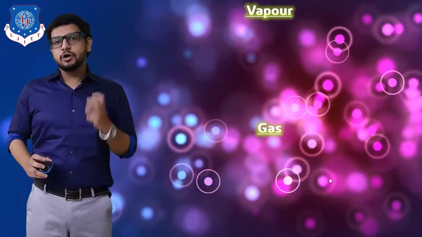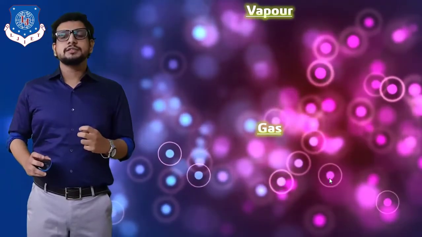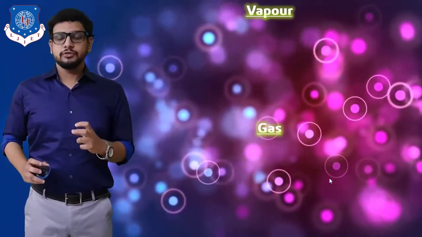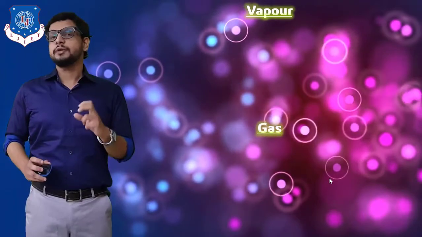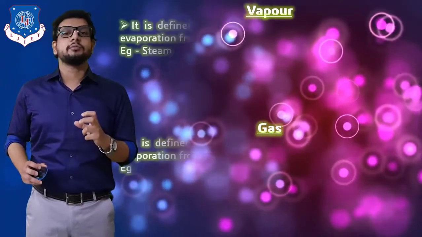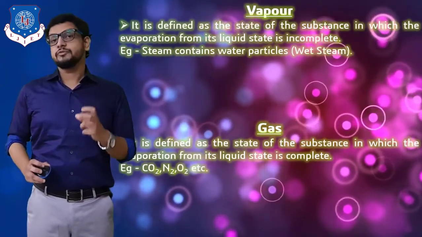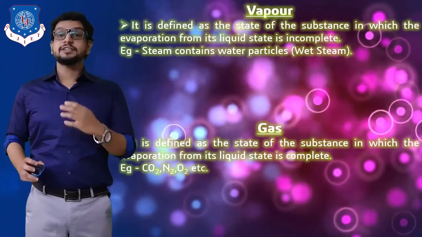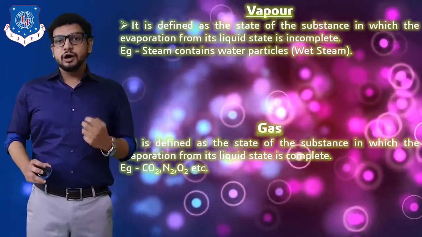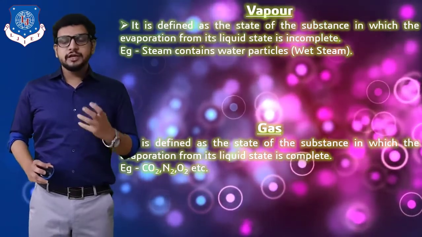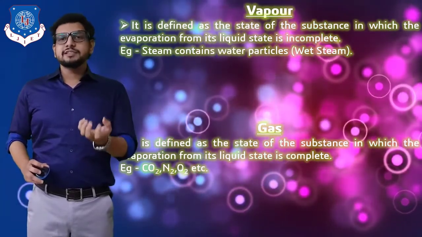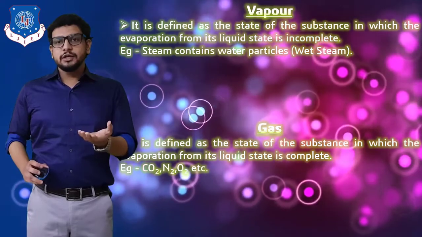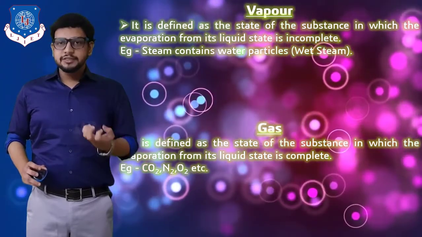So the first on-the-spot difference is that in case of water vapor, the evaporation from its liquid state is incomplete, whereas in case of gas, the evaporation of a gas from its liquid state is complete. So how can we understand this? We can take an example: when water is heated, gradually its temperature is going to increase,